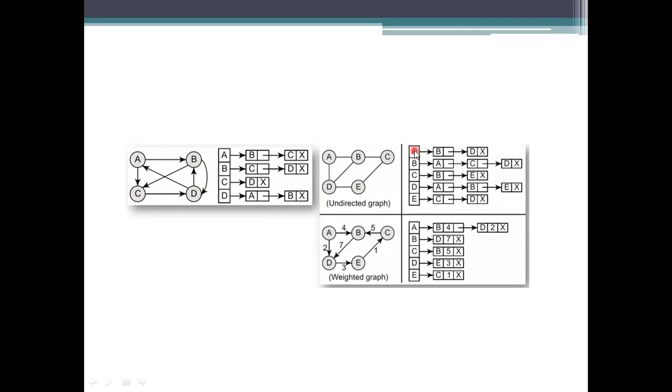A is connected to B and D, so we will represent that. And in B also, we need to represent A, and here and here also.